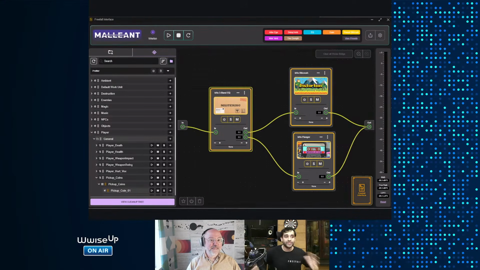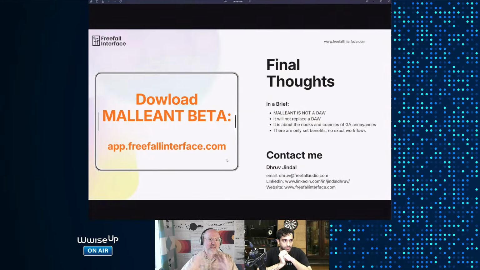But that kind of brings me to the end of the demo phase. Awesome. Well, that was fantastic. And again, working backwards, the import, the export, the real time shaping of sounds, it all works in concert, in between where your sound design starts and where the game and its playback through Wwise begins. It's a great demonstration, Dhruv. Thanks so much.